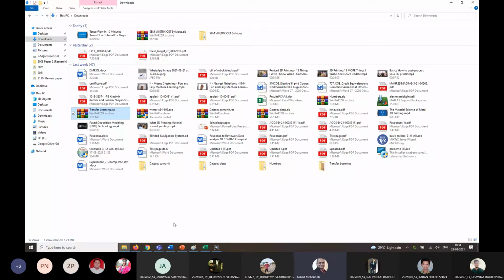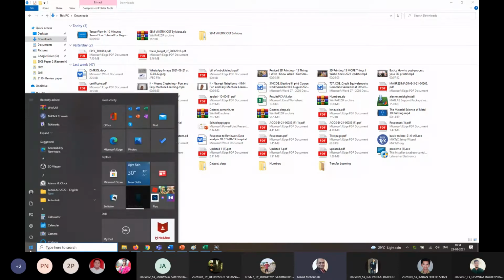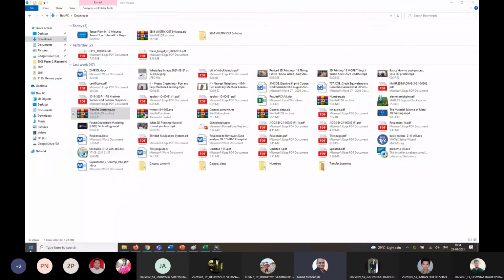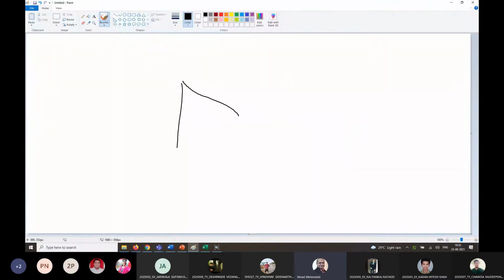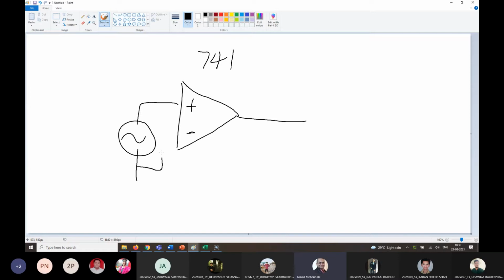So op-amp is basically an amplifier. You can consider it as a triangle looking like this, having two main connections, positive and negative, and then there is the output. We are going to use something called the 741 op-amp, and typically input is given like this between the op-amp terminals, and it has a gain of around 10 to the power 5, a very high gain.